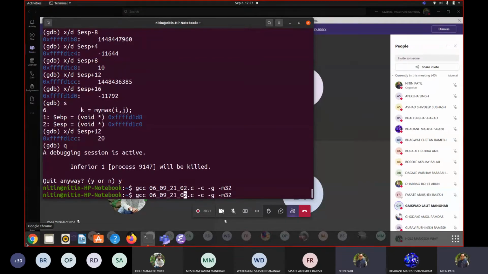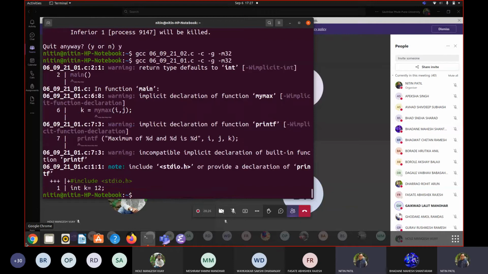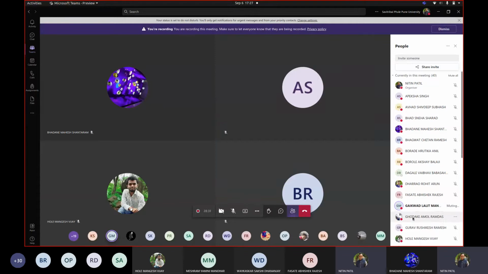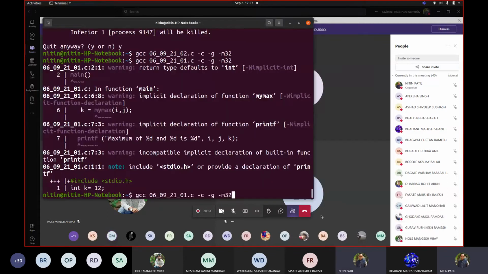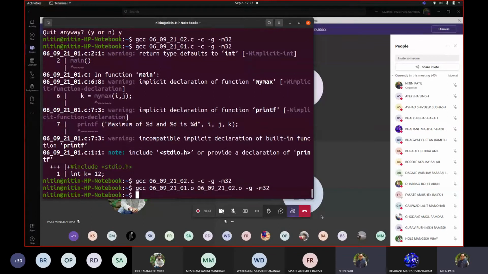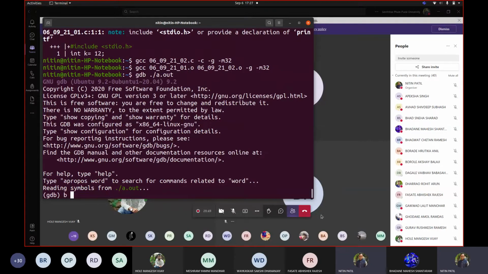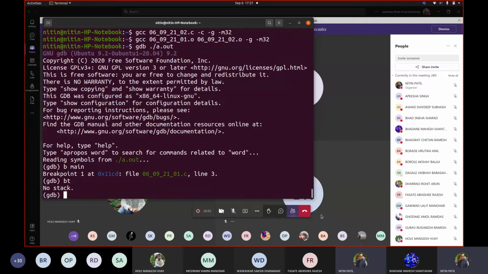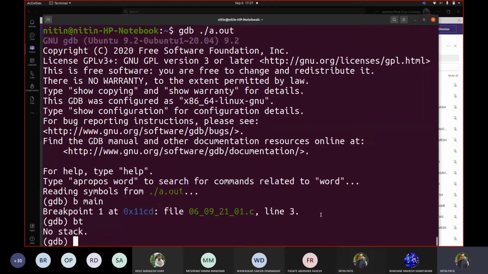Okay, so I am generating with the -m32 option because the code was -m64, 64-bit instructions. Now I want it to be a 32-bit code. So say I got both of the code in 32-bit. Now let me link together with 32. Now when I say gdb ./a.out, now we know that if I try to say breakpoint main, if I write bt there, it says there is no stack involved, correct? If I say run,